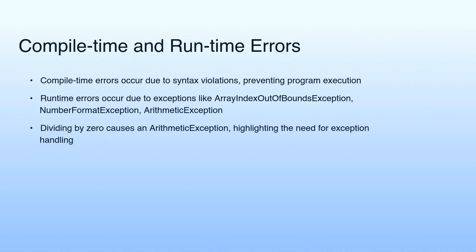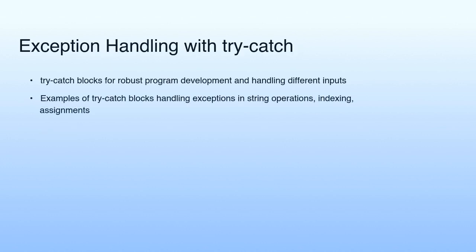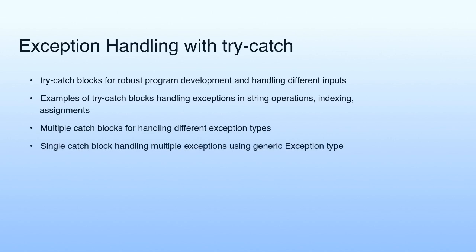index out of bounds exception, number format exception, and arithmetic exception, highlighting the need for proper exception handling, such as dividing by zero causing an arithmetic exception. To handle exceptions robustly, try-catch blocks are used, with examples demonstrating their application in string operations, indexing, and assignments, and